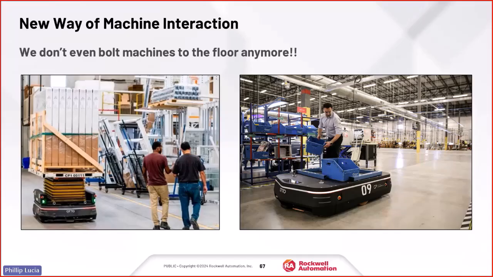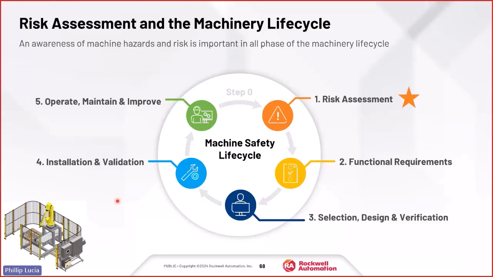What about the other view? What about when machines get close to people? So autonomous mobile robots, things that move and transport materials or supplies within a facility. We have to think about what type of safety devices and safety functionality to provide there. So the right approach, the way the standards say we should approach this, is to begin with